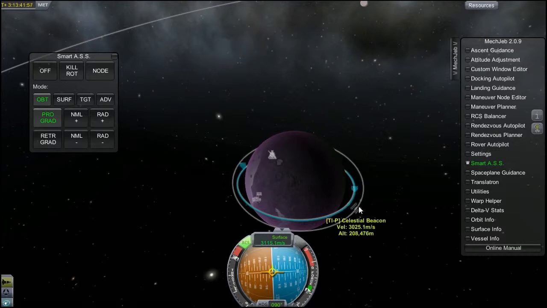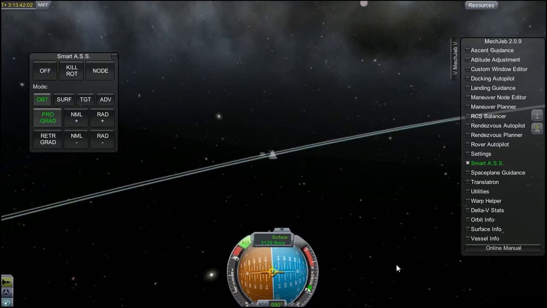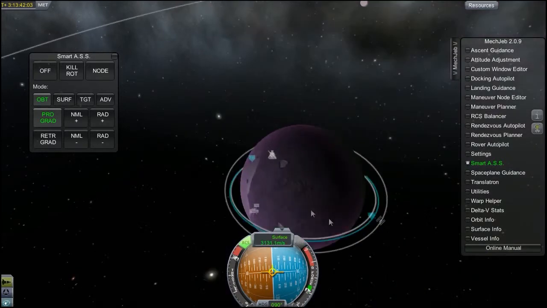I still want to be inside of Tuxedo Industries' Celestial Beacon, which I think is a satellite-y kind of thing, and that's got an altitude of 209. So I bring my apoapsis up. Yeah, if I bring my apoapsis up, then I'll be on a different track to my little